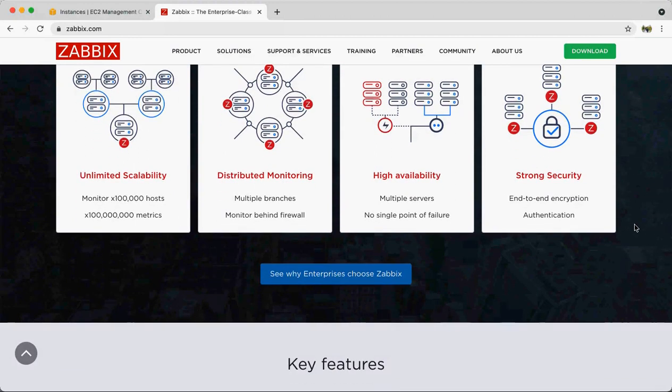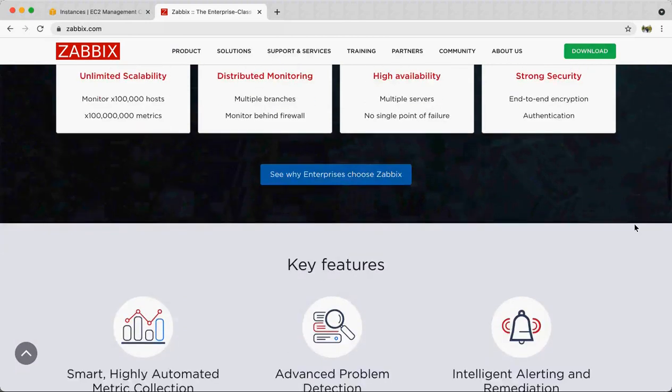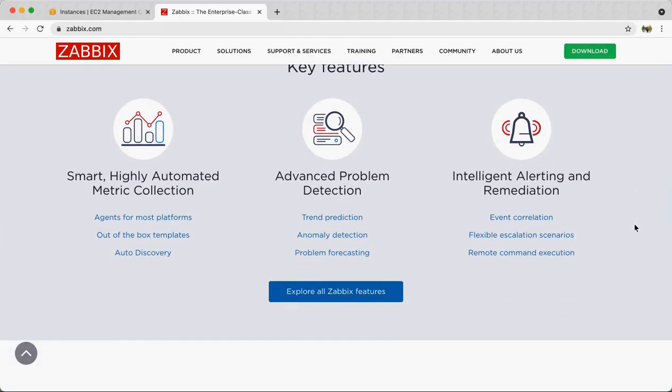But from the DevOps perspective, the installation and configuration of this tool is, in most organizations, handled by their own operations team. If you're working with a small or medium-sized organization, you might be required to work on these things, or it is at least good to have this kind of knowledge. But from the DevOps perspective, most of these things are taken care of by a separate operations team.